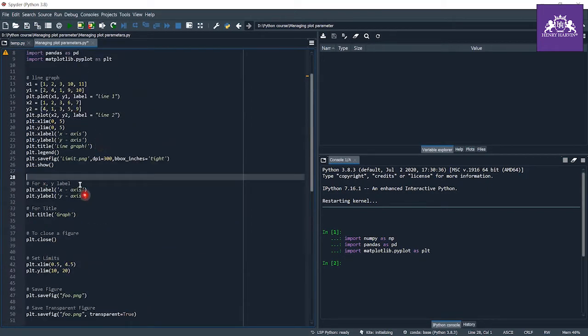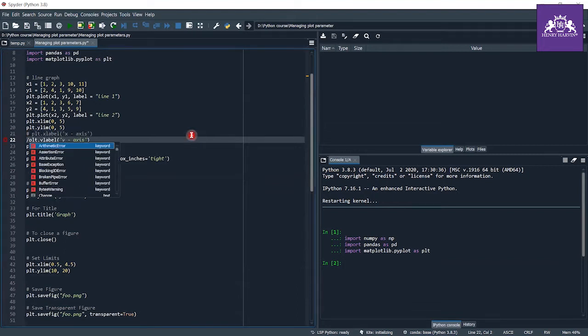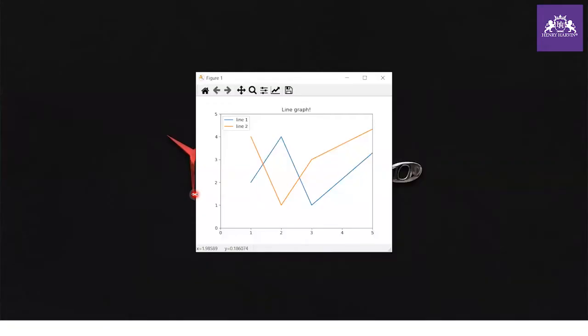First of all, we have the xlabel and ylabel for the x-axis and y-axis. Let me hide this and show you what the use of this is. This is our line graph, and as you can see, we don't have a y-axis label or an x-axis label.